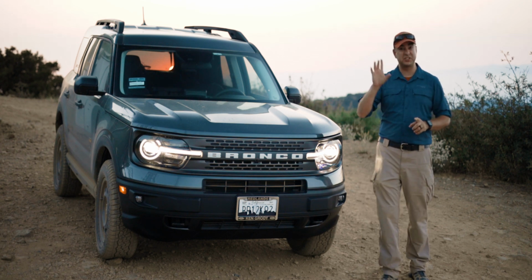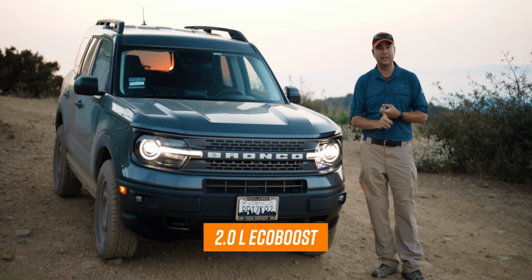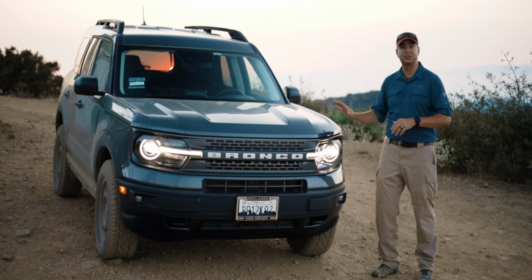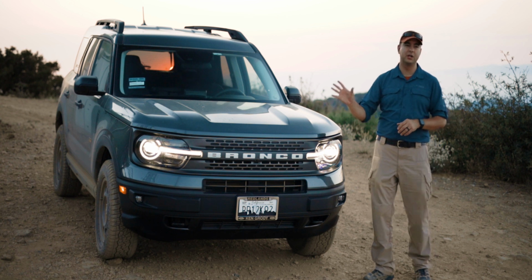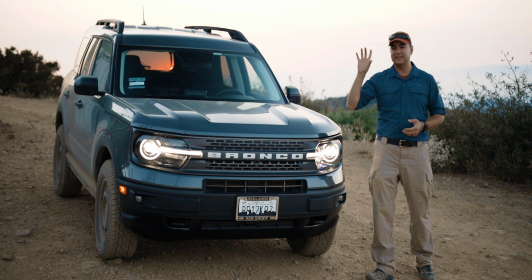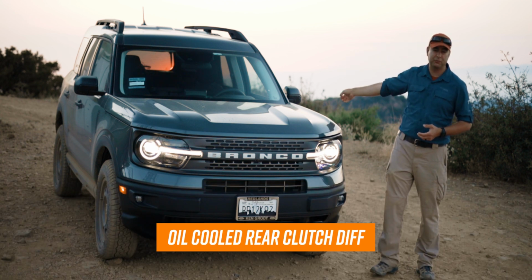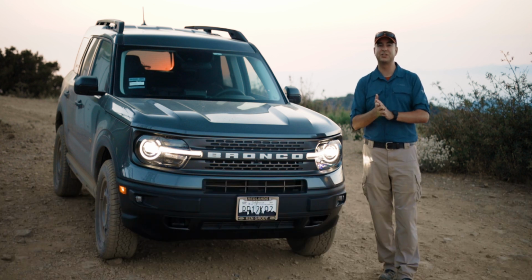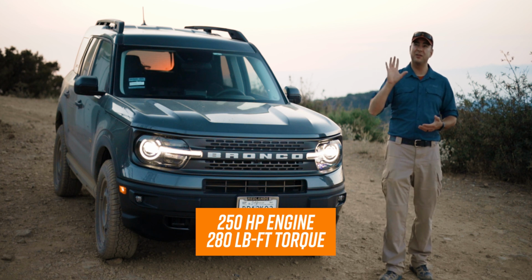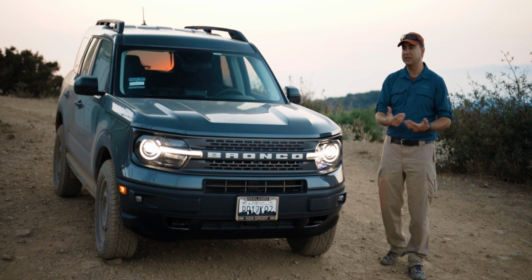So let's talk about the specs of the Bronco Sport. It has a 2.0 liter EcoBoost engine. I think it's a three-cylinder engine, and this is for the Badlands edition. All the lower models have the 1.5 liter. This has the 2.0 liter, and it has the rear clutch differential, which is oil-cooled, and so that also helps. It has a little bit more horsepower and torque, and that is going to come in handy coming up to all these different sites,